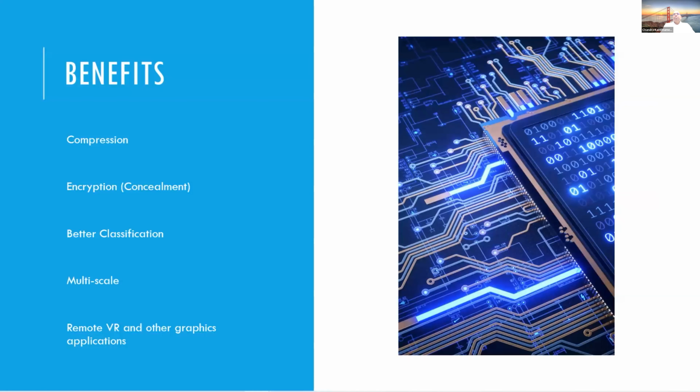The benefit is compression. All that humongous data is now a bunch of spheres. Maybe I just need 30 spheres to recognize something, or 20 spheres, but it's scalable. That's the best part. It's scalable. If I have a lightweight mobile phone, then I would just use 10 spheres. It's important that it's encrypted, and gives better classification. I will show you the results on better classification.